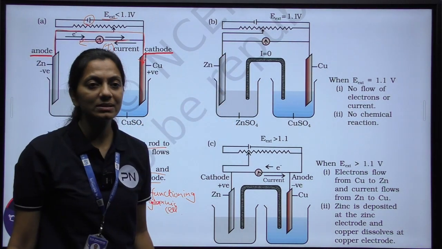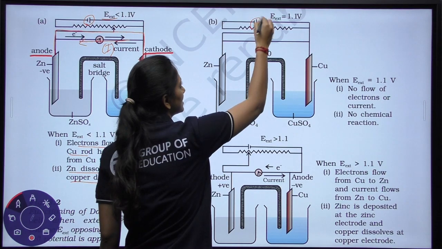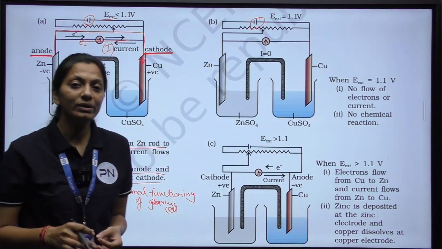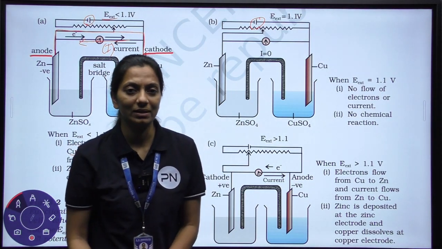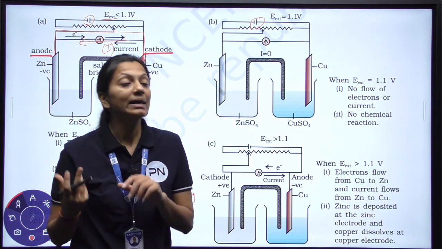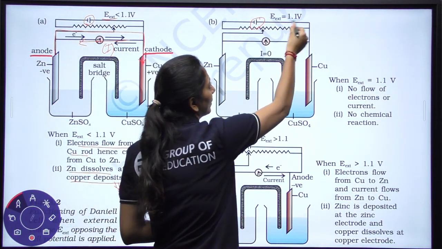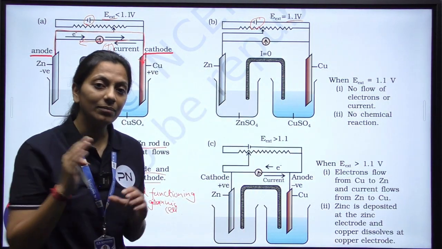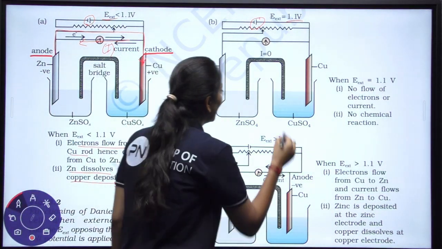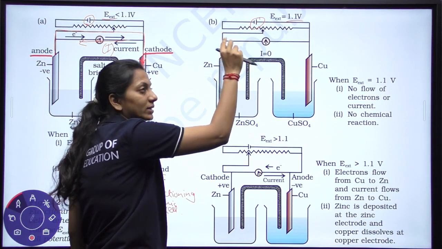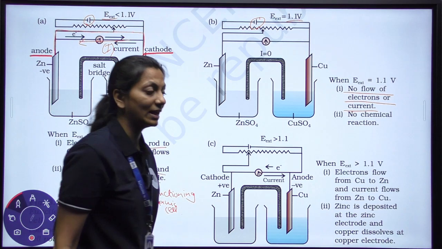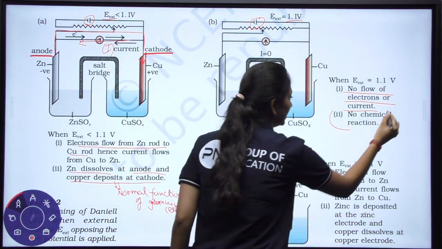In the second part, what is that? The external battery which we are applying. Once again, in the galvanic cell, the external battery which we are joining has voltage exactly equal to the galvanic cell. Whatever electricity the galvanic cell itself is making, that much amount of electricity only we are applying from the external. Same 1.1 volt is applied from the external. So what will happen when the equal voltage has been applied? No flow of electrons or current will take place, and therefore no chemical reactions will take place.